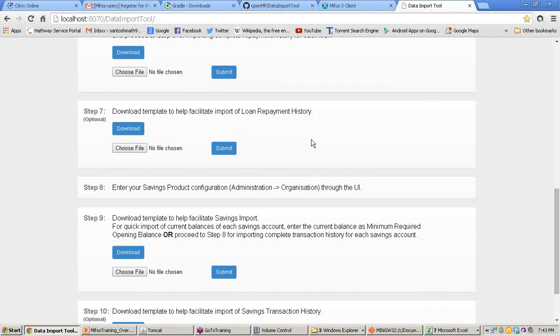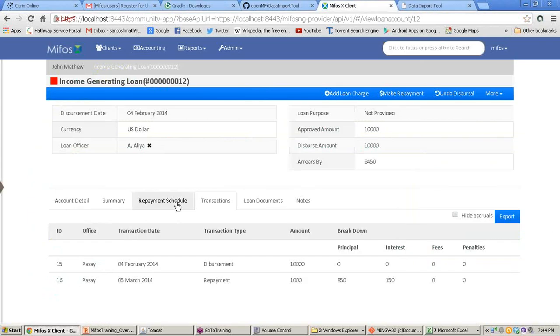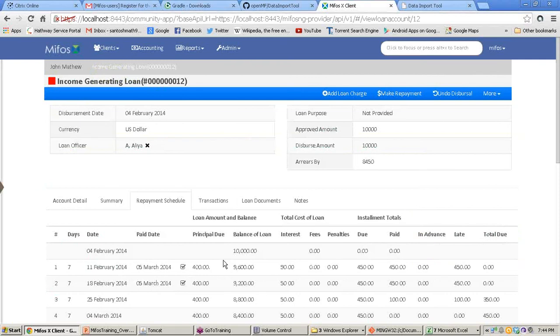Is it the same with this import file, are the GL and the trial balance updated? I'm not sure about the trial balance, but the transaction information, the remaining balance and the repayment schedules will be updated automatically. See here, the client has paid, but for the trial balance I'm not sure. I'll confirm later.